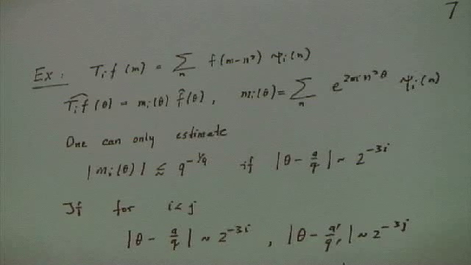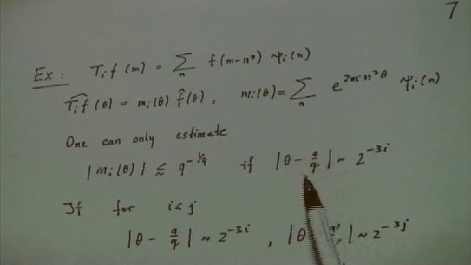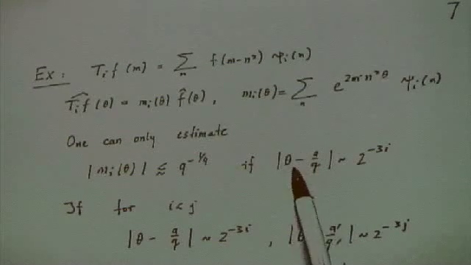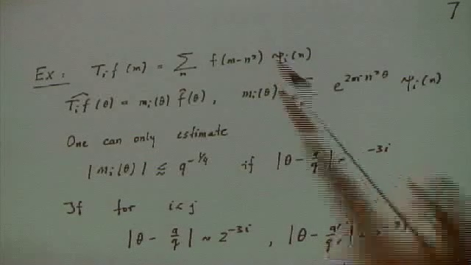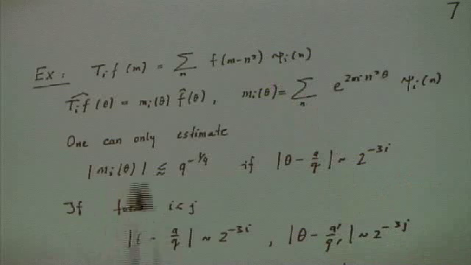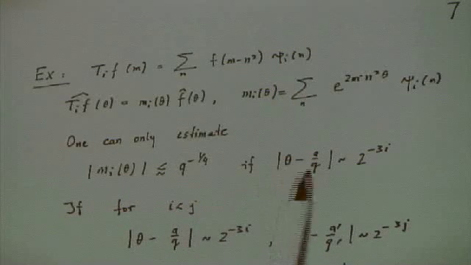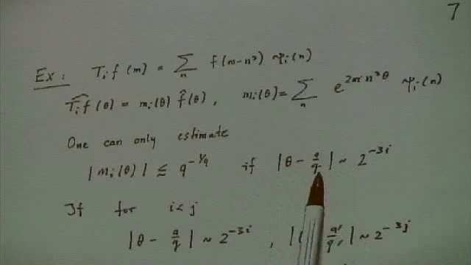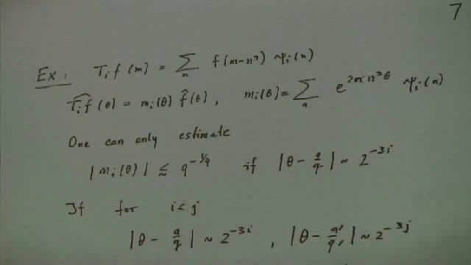In the continuous case, it would be an oscillatory integral. And that oscillatory integral would be basically concentrated around 2 to the minus j. But these exponential sums not only concentrate in a small neighborhood of 0, but they concentrate in a small neighborhood of rationals as well. So instead of the continuous case, when the absolute value of theta is like 2 to the minus 3i, that's because of the cube, here, this operator, the multiplier won't get too small if it is this far from a rational point whose denominator is not too small.